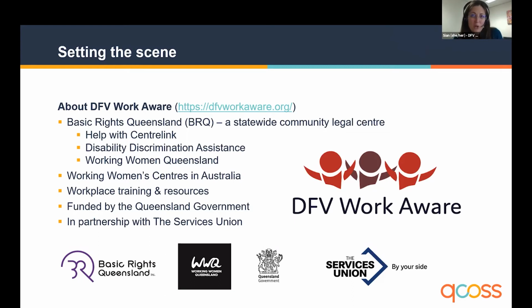Before we go into policy itself, I'm going to set the scene. What I'm going to do is take a funnel approach. So start at the top with more broadly the prevalence of domestic and family violence in community, then stepping down into the experience of workers of domestic and family violence, and then we're going to step down even further into community services workplaces. So we'll jump onto the next slide there.